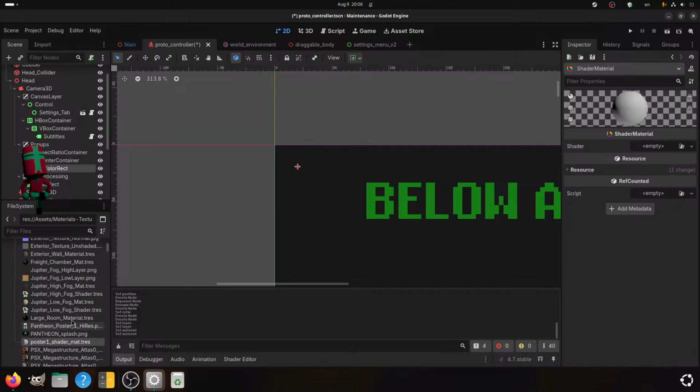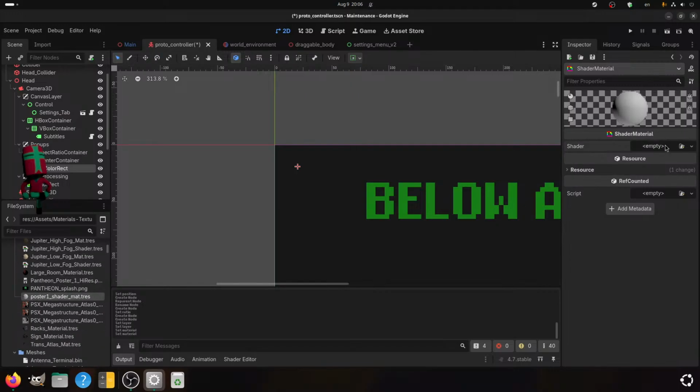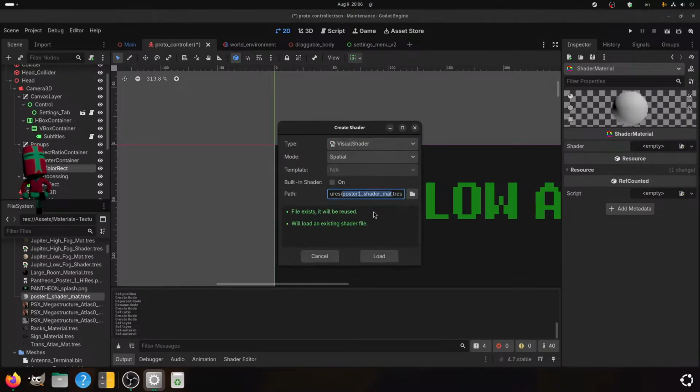If I can find you, here you are. And your shader will be a new shader. It will just be called poster one shader.